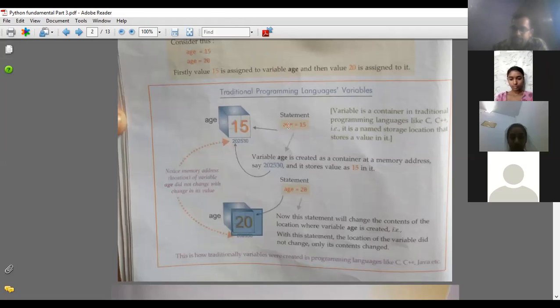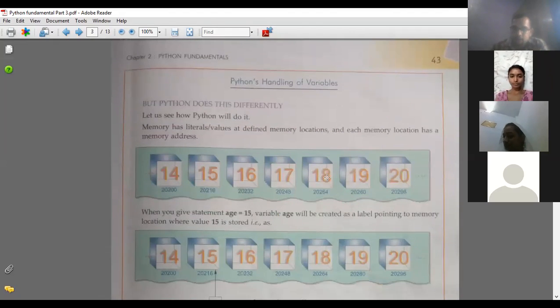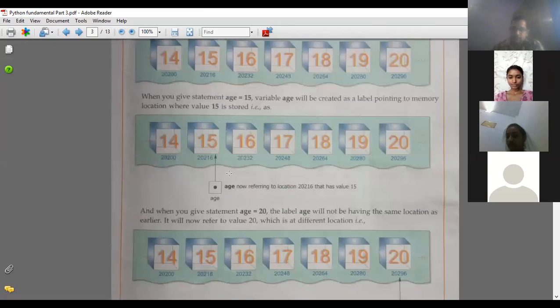In the previous example, age equals 15, so in the variable age there is 15. In the next example, age equals 20, then 20 replaces 15. But in the newer programming language, that is Python, suppose I want to store 15. So age, Python will point to that number.